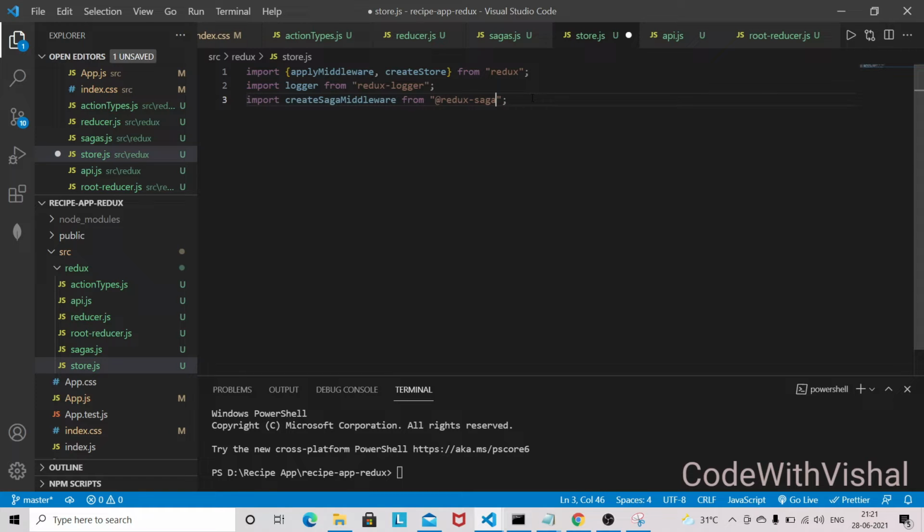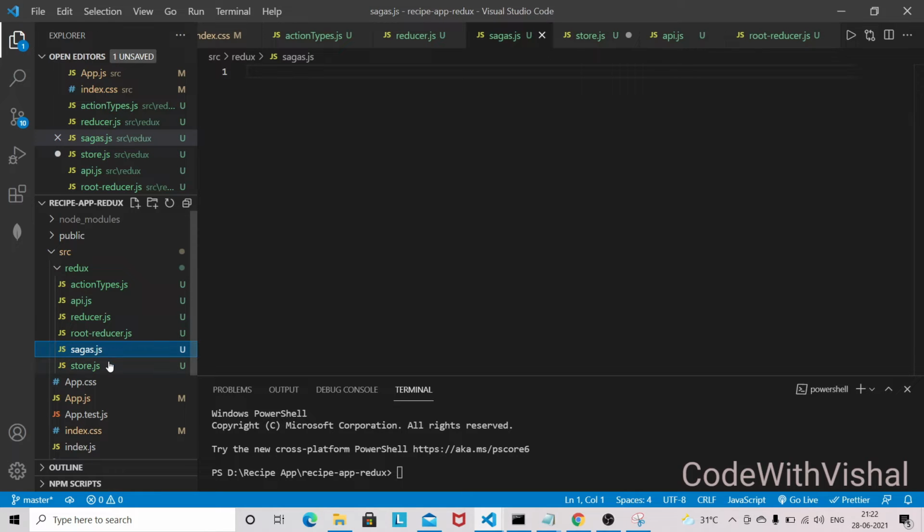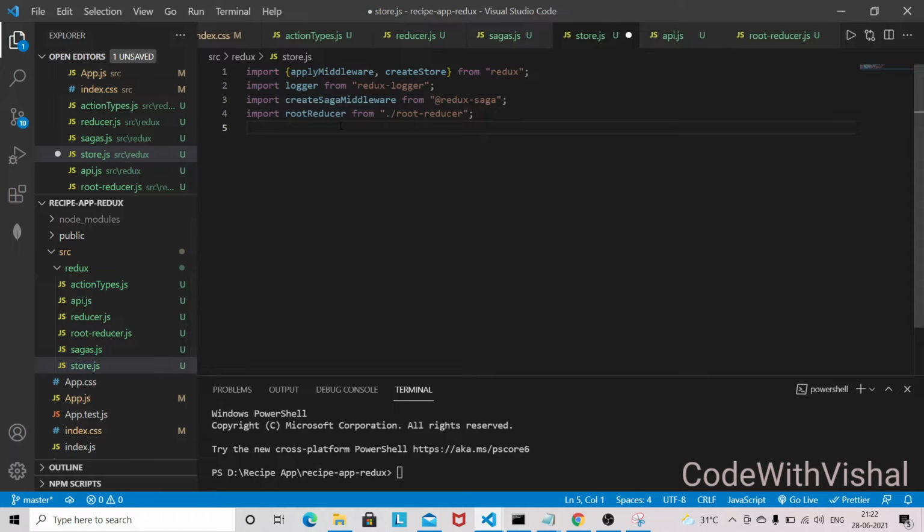Import createSagaMiddleware, and we also need our root reducer, and we also need a saga file. So we haven't written any logic as of now, so I'll be just writing this one. So it will be a root saga from sagas only. So as of now, just put a comment here.